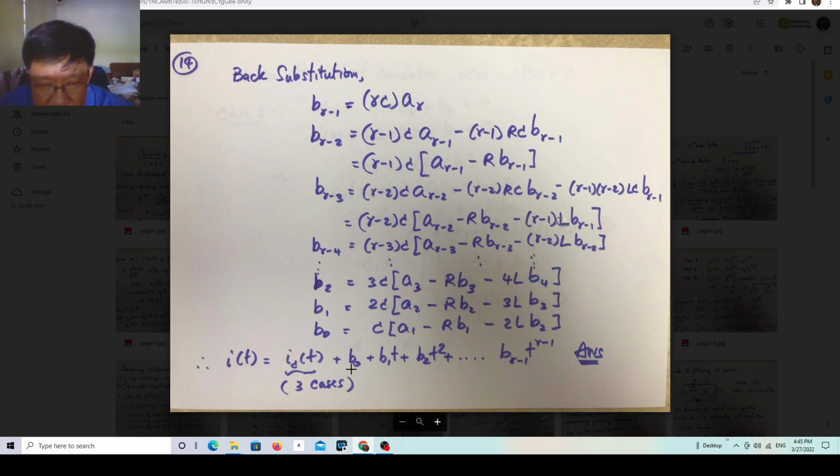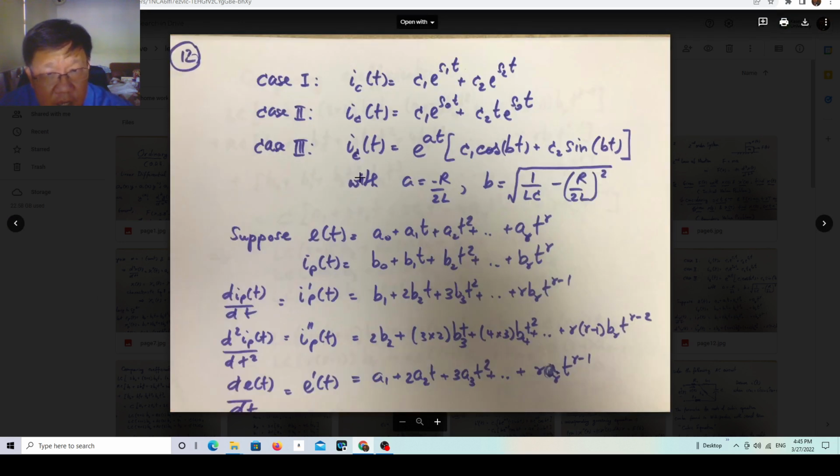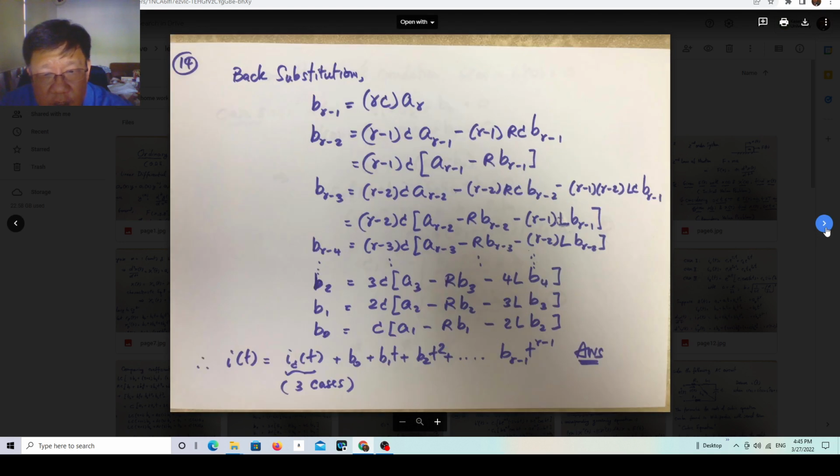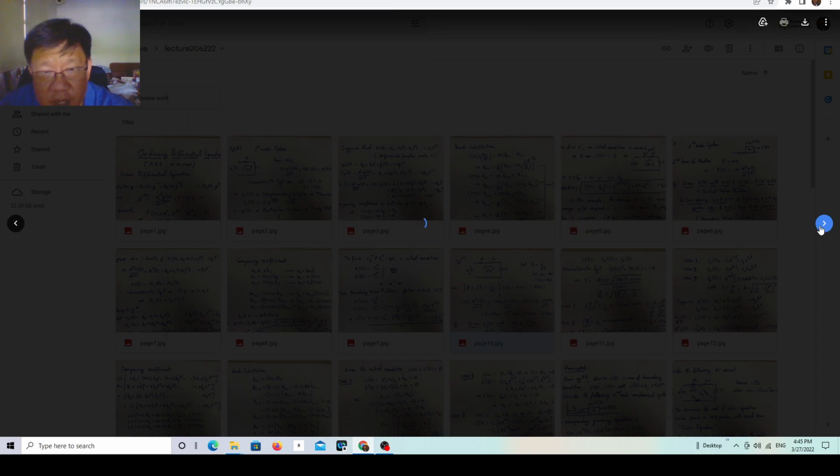Okay, but the derivation is not completed yet, because for I sub ct, the complementary solution, we have 3 cases to verify. As you might recall, you have three situations, and the three situations come from this type of case. The situations are: you have two real roots, two repeated roots, or you have complex conjugate roots. So the next step is to derive, for all three cases,